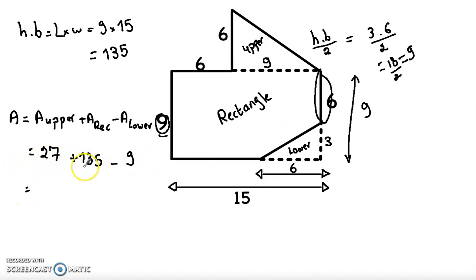So we have 27 plus 135 minus 9 equals 153